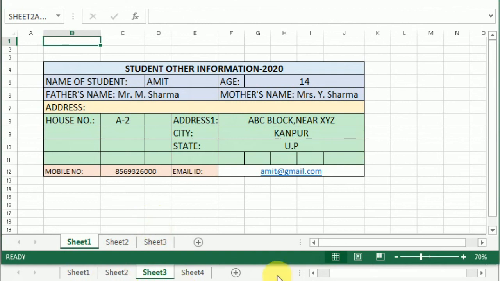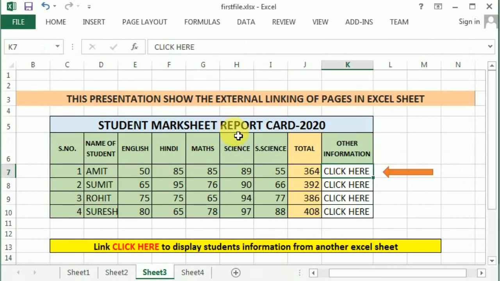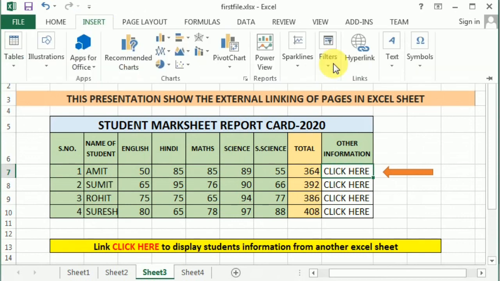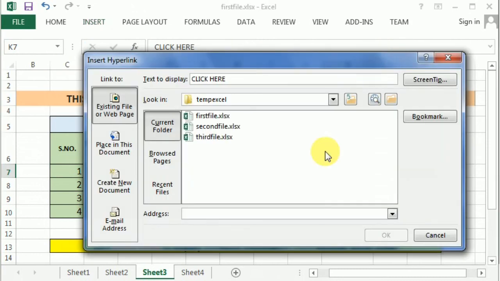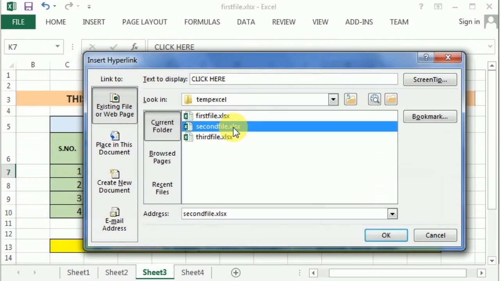Now get back to the first file. Select the cell, already selected. Go to Insert, select Hyperlink. Now there are three files given. You have to select the second file. As you select the second file, go to Bookmark.